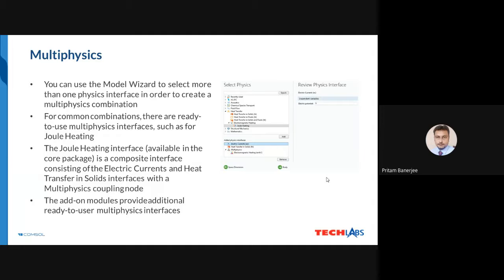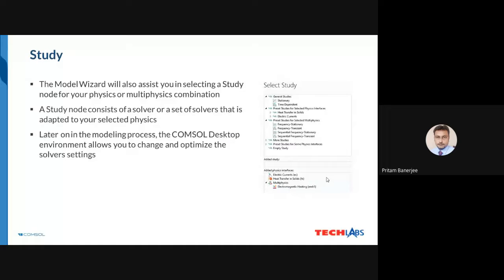So for a perfectly optimized result, we will be considering all of those physics one by one, what could be the effect of each and every physics on the others. So all those parts could be incorporated in our design. Then we will go for the study, what type of study we want to do, whether a stationary study, a transient study, or a frequency study. What type of analysis we want to do will be our creation. Like the study,